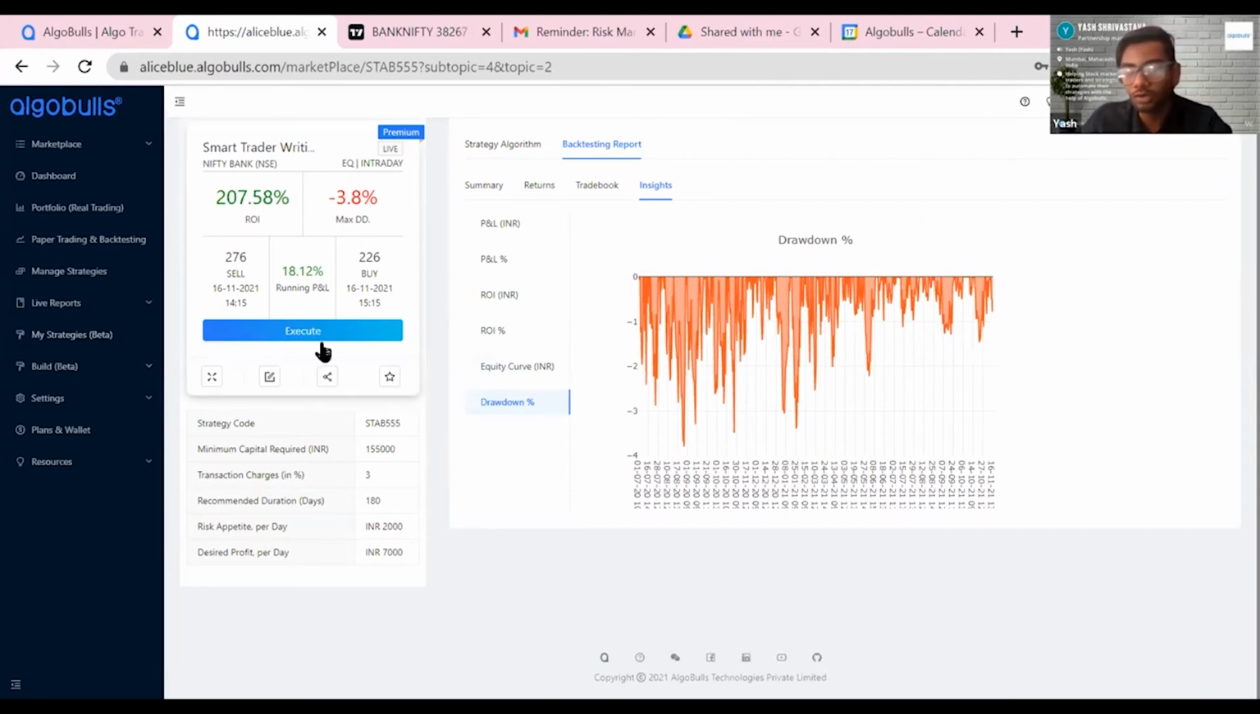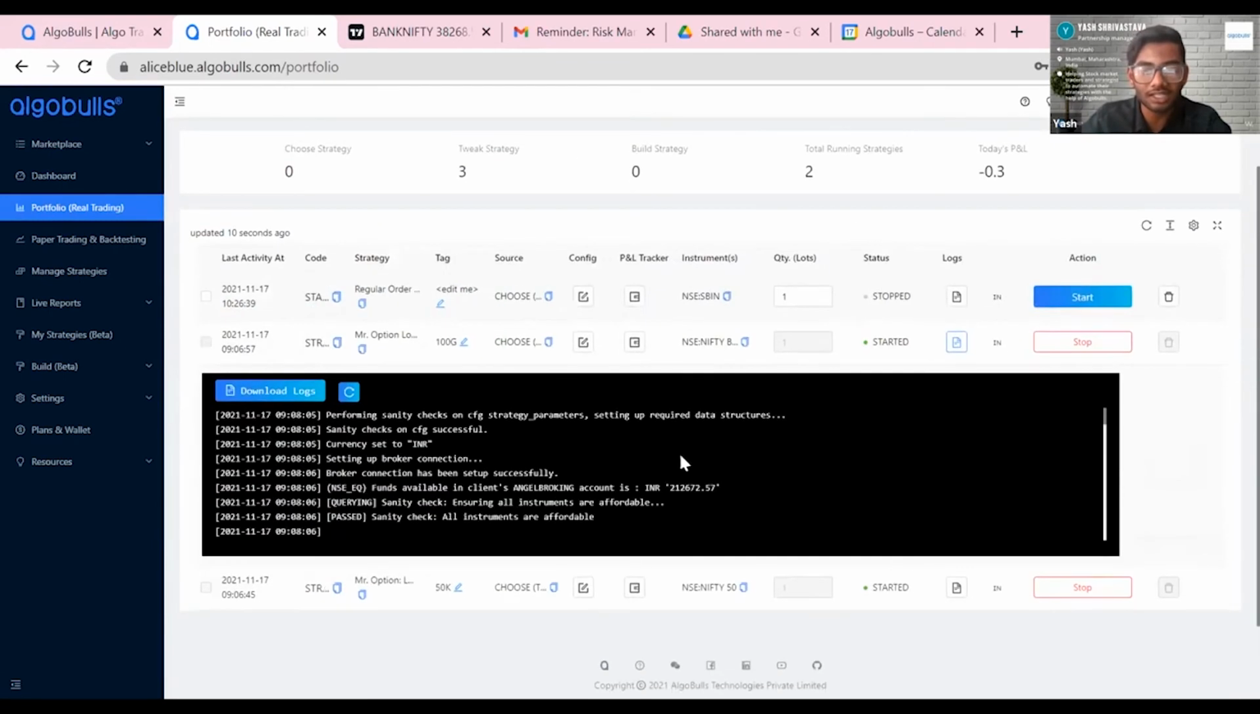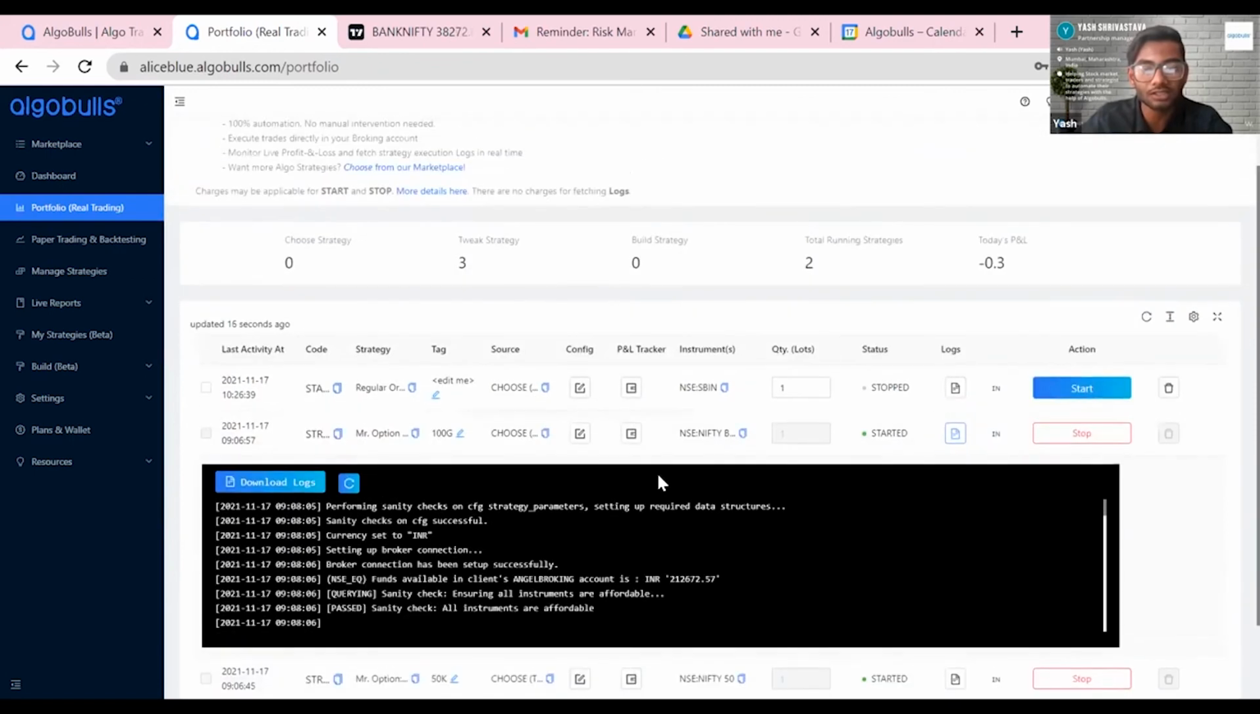Now that you're confident about the strategy and want to take trades on it, you can just click on the execute button and the strategy will be added to your portfolio. Once the strategy is added to your portfolio, you can directly start and stop it as per your requirement. Apart from that, to know how the strategy is doing, we provide a section called logs,